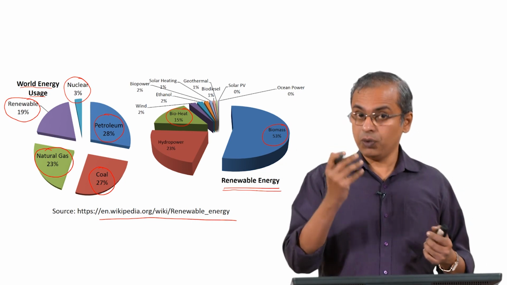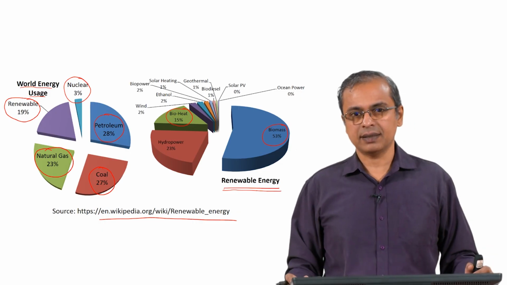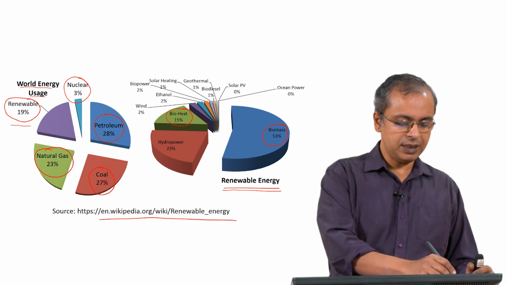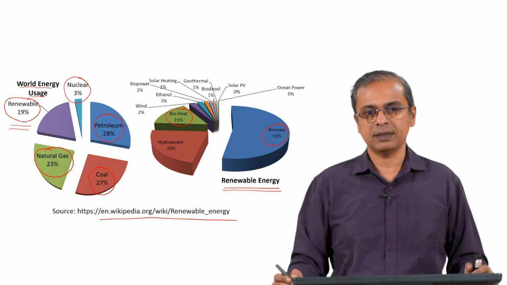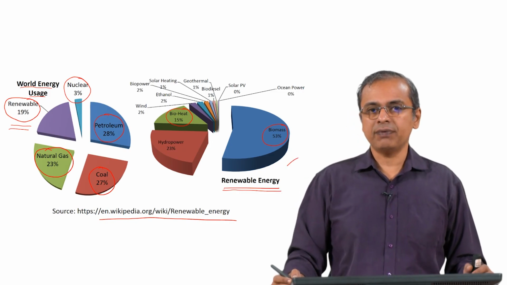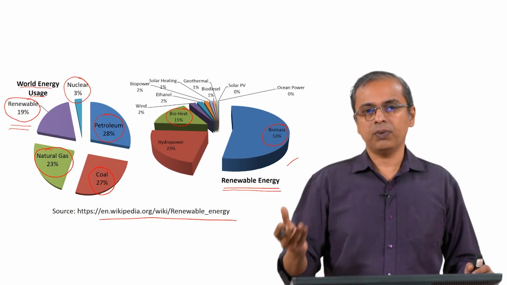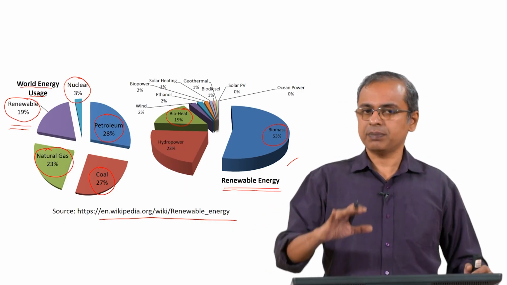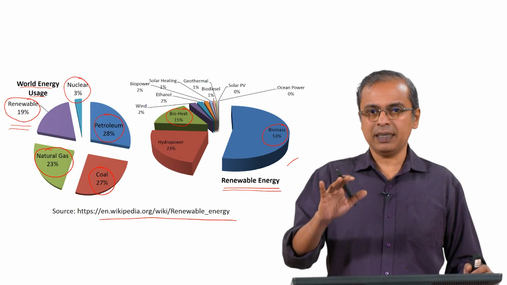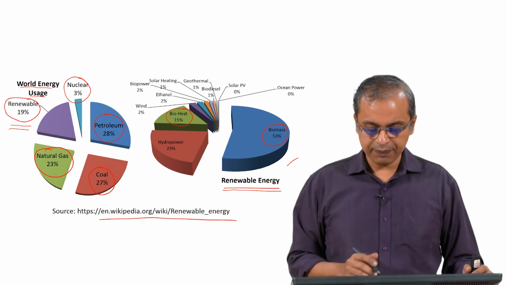But if you look at the statistics, if you look at what you can actually pull together, you see a pie chart like this, where this 19% is what is being split into the pie chart on your right hand side. When you look at the distribution within that, you find that almost 70% is coming from something that is bio related. What that is we will see in a little bit, but we will just keep in mind that there is such a thing, and that we are not really often discussing it.